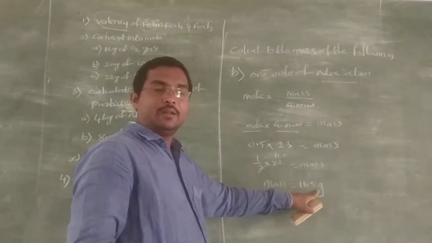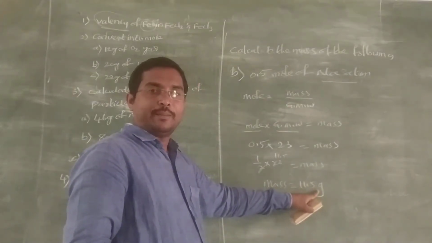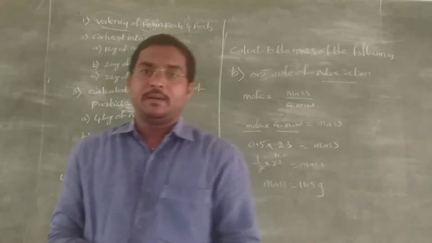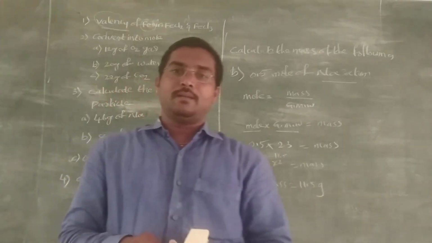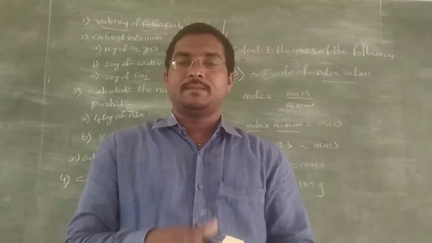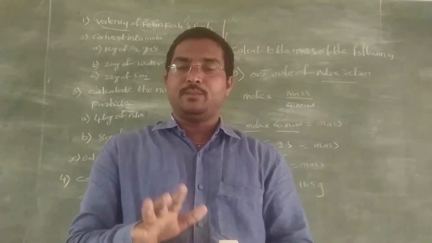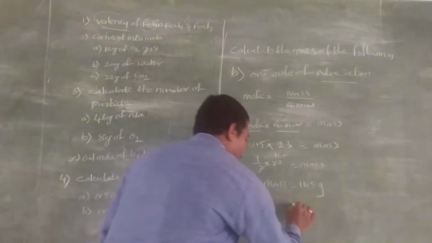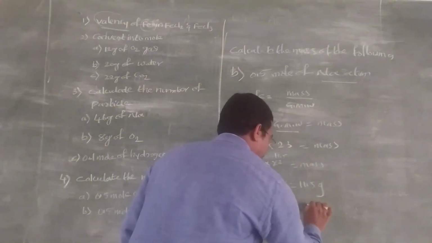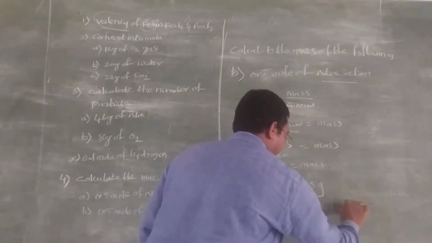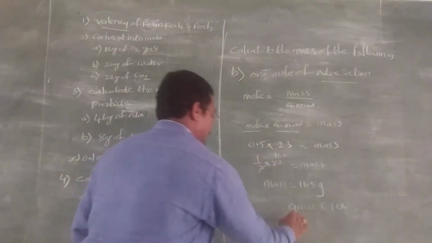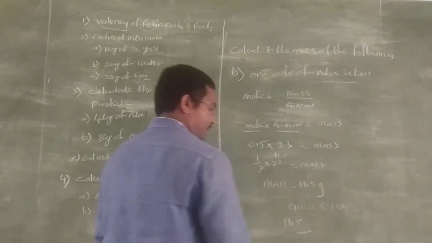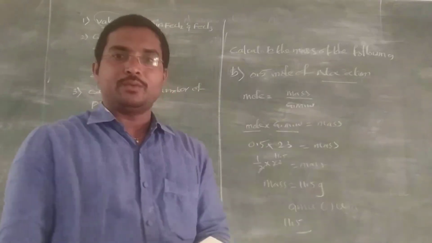Now the mass is represented in gram, so you can say the molar mass. What is the molar mass? The mass expressed in gram is called the molar mass. The mass expressed in AMU, atomic mass unit, or unified mass. So 11.5. Like this you have to remember, my dear.